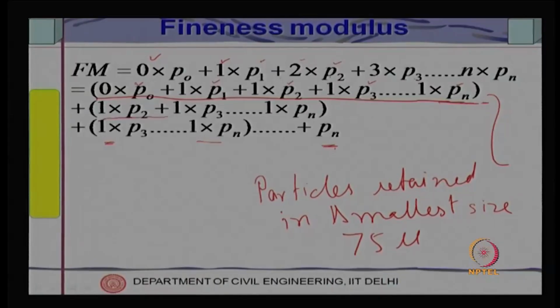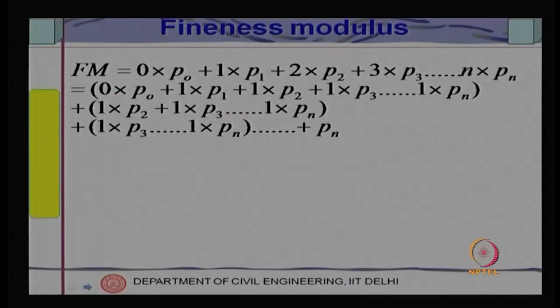This is particle retained in 75, 150 micron. This is retained in 300 microns, because it starts from P 2. So, 75, 150, this is particle retained in 300, and this is particle retained in the topmost sieve. Therefore, this is the summation of particle retained in the bottommost sieve to the topmost sieve. So, this is nothing but cumulative percentage retained in all the